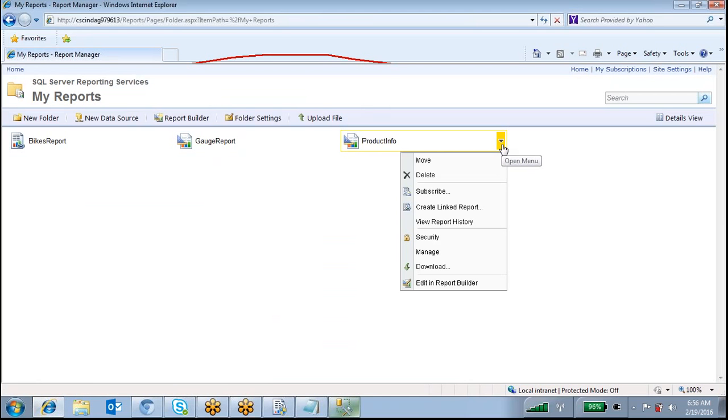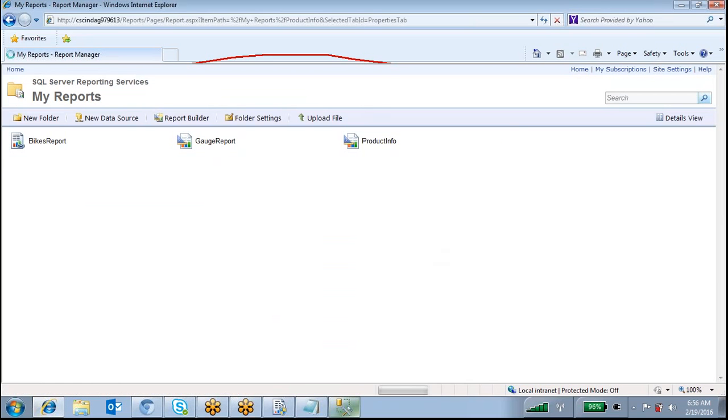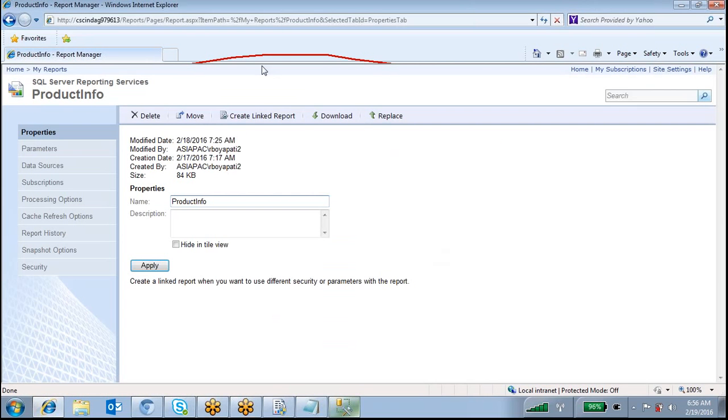Just go to here. On which report you are going to maintain the caching? So click on manage. Go to processing options.